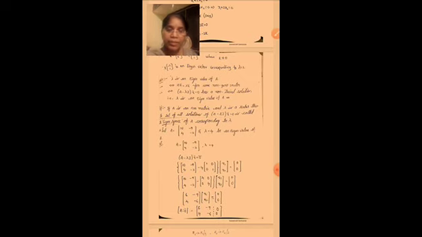Suppose lambda is equal to 1, one solution exists; lambda is equal to 2, another solution exists, like that. The set of all solutions of (A minus lambda I) x bar is equal to 0 is called the eigenspace of A corresponding to that lambda value. Okay, so next is one example problem.